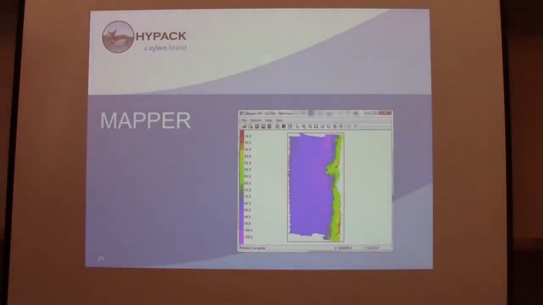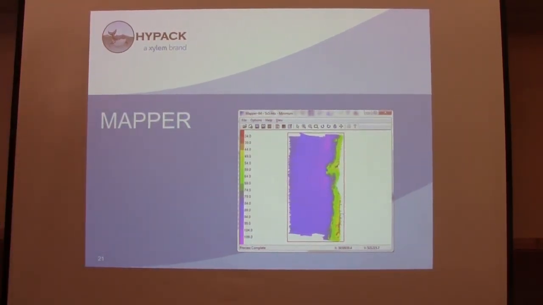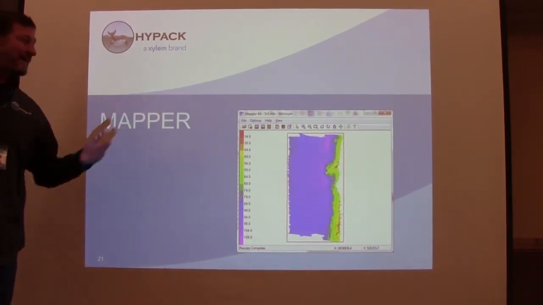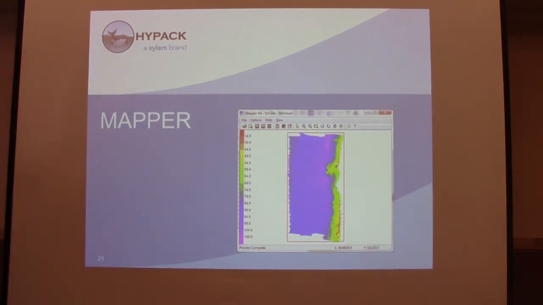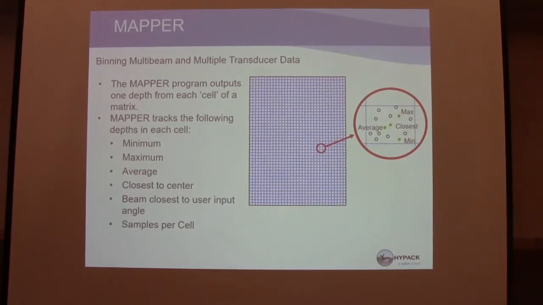Okay, the last one is Mapper. And as I said earlier, Mapper is basically a binning program. It's kind of designed to take a pretty large XYZ data set and then give you a sounding every preset distance, maybe a grid-based type distance. And it's basically taking the grid and kind of checking out all the soundings within that grid and picking the minimum value, maximum value, median. You can save whichever you want. You know, there's quite a few different options in here, and I'll show you a few of those. Okay. Oh, kind of tells you right here. So